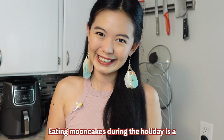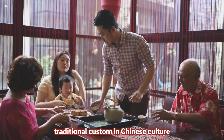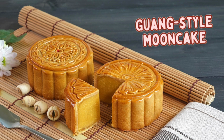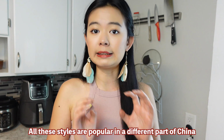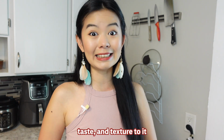I'm here for today. Eating mooncake during the holiday is a traditional custom in Chinese culture, and traditional Chinese mooncakes are commonly categorized into four major styles: Guang style, Chao style, Su style, and Jing style mooncake. All these styles are popular in different parts of China, and each has its unique appearance, taste, and texture